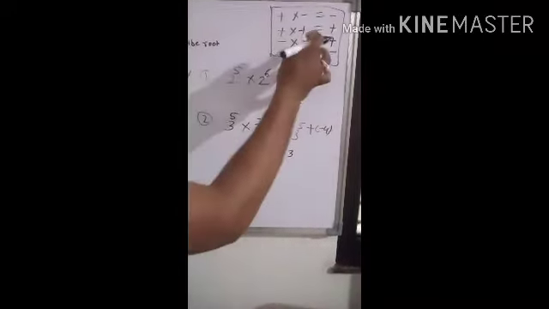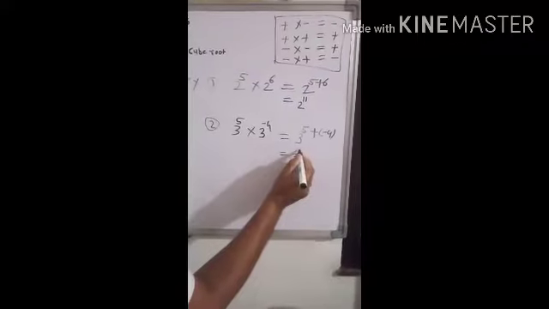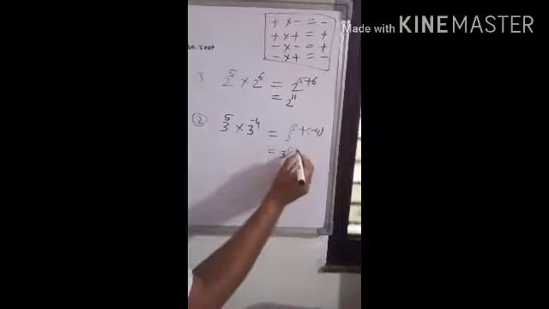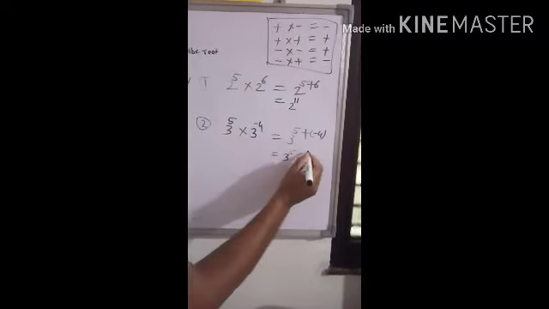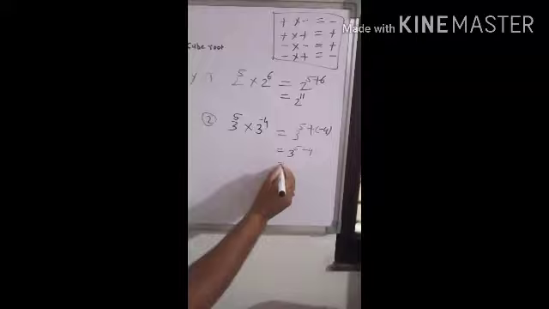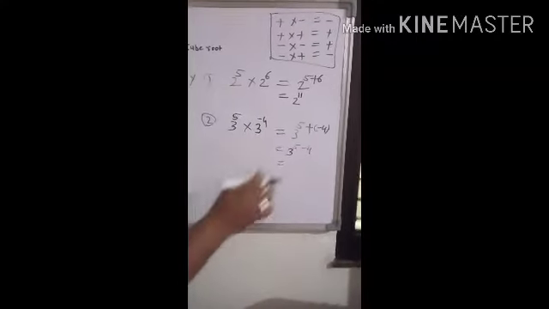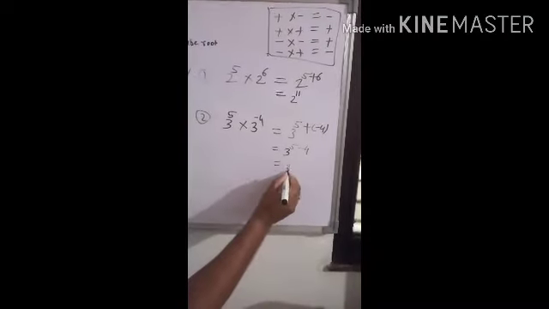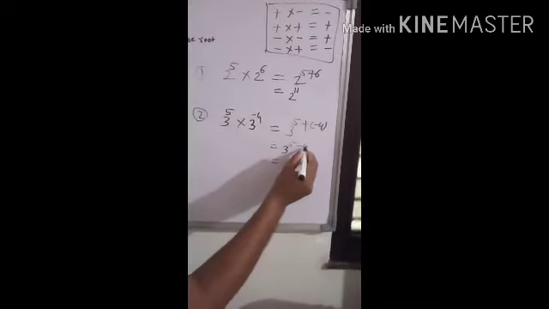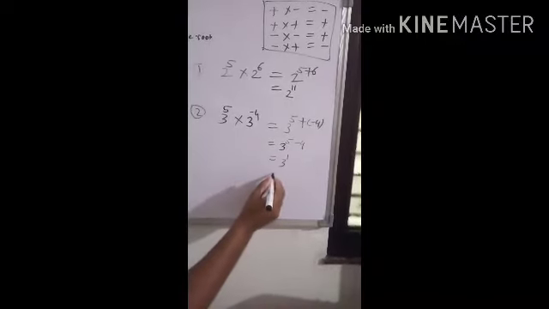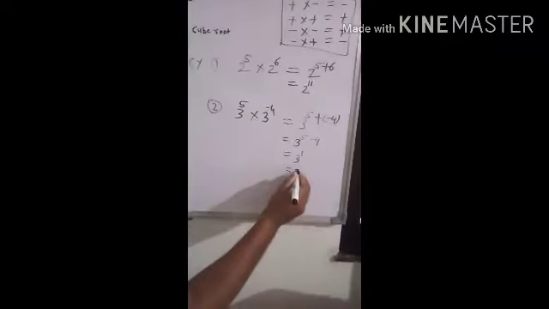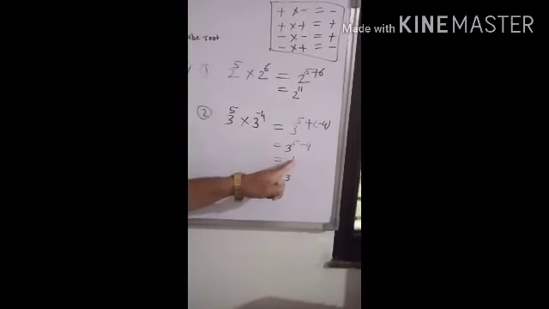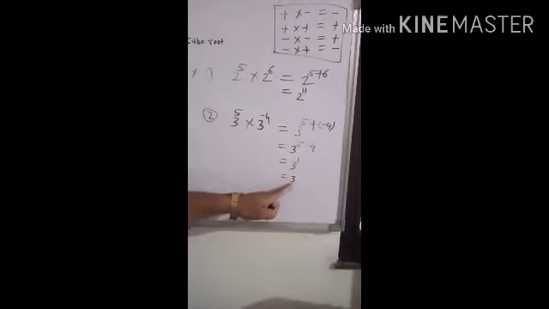So here we apply this rule. 5 is here, plus into minus. Plus into minus, we get the minus. Therefore, we will write the minus here, and 4 is here. Therefore, 5 minus 4 is a simple subtraction. Therefore, we will write 3 as the base and 5 minus 4 is 1. We don't need to write the index 1. We can write 3 as it is. This is the answer.